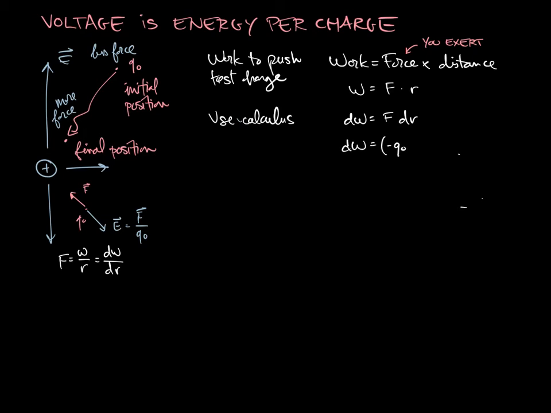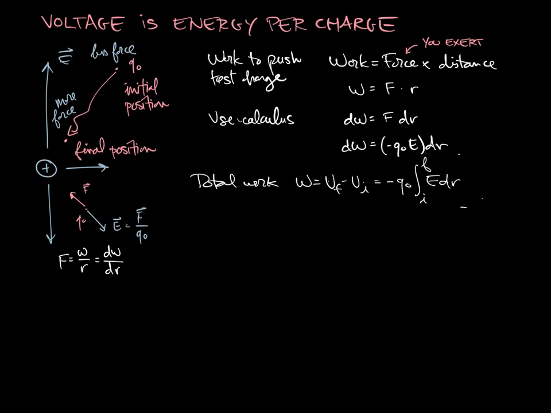It's going to be negative Q naught E times dr, and now we can find the total work. And our total work is going to be equal to the change in energy from our initial position to our final position. Taking the integral, moving out the negative sign and Q naught, we have the integral of E dr from initial position